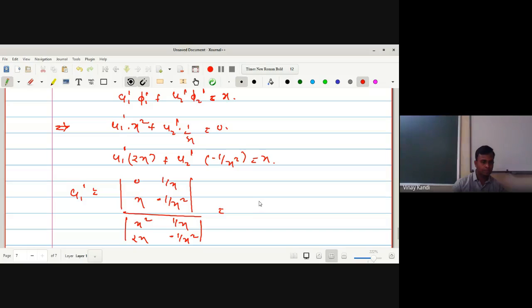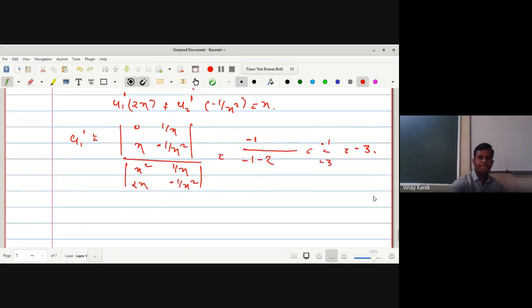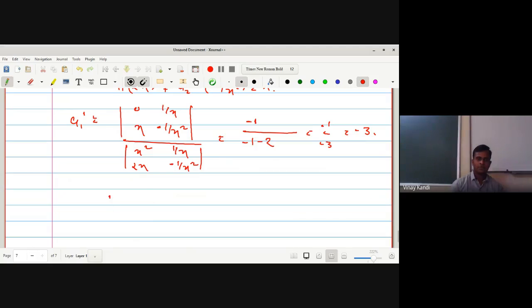How much will it come? 1 upon below how much will it come? Minus 1, minus 2, right? 0 minus 1 will come. So we get minus 1 upon minus 3, which is equal to